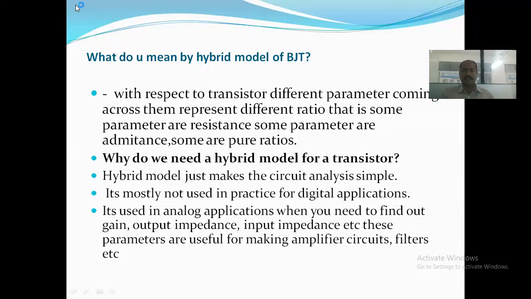See, in the case of your analog or digital application, any of these things should not affect your transistor operation or the analysis of your transistor, but the changes are taken with respect to the input impedance or output impedance of your particular devices, right? So when we have seen the amplifier circuit, what does it do? An amplifier is the circuit which should amplify whatever signal is applied across your input.